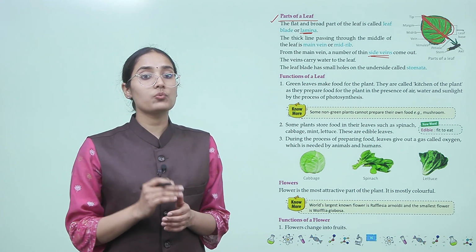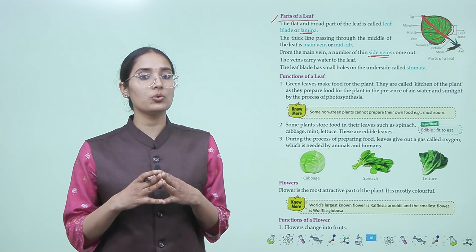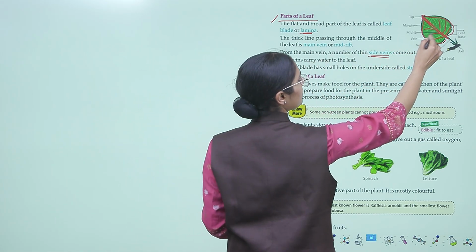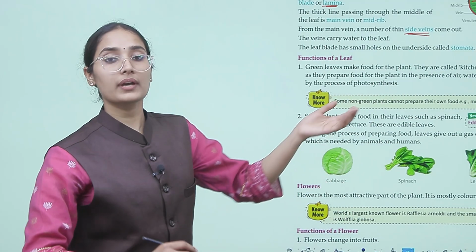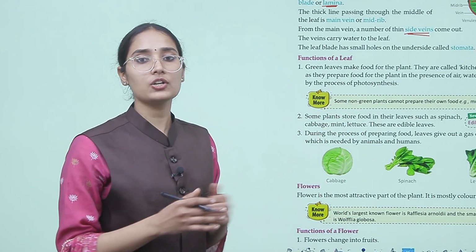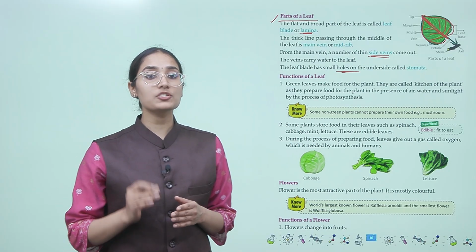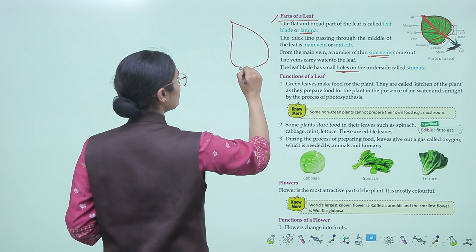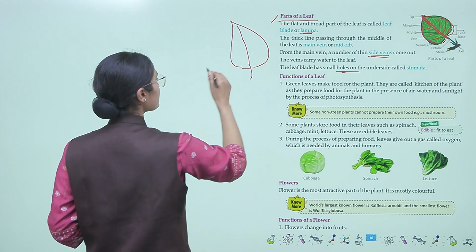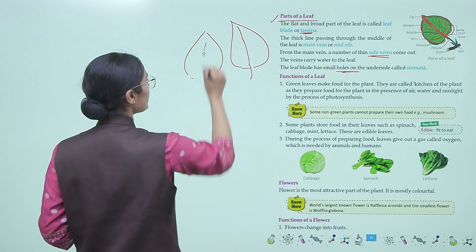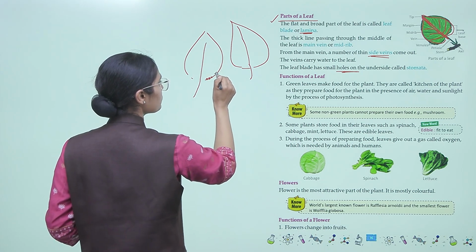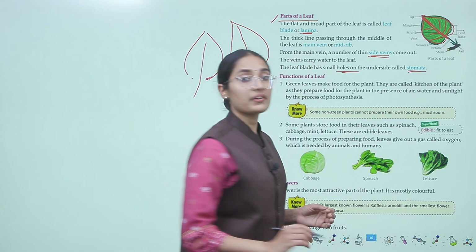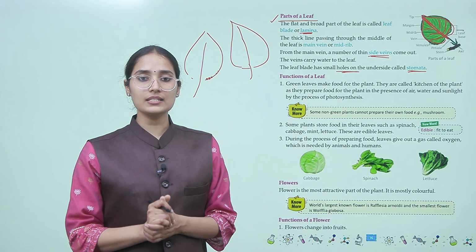Now the veins carry water to the leaf. So these veins help to carry water to all the parts of a leaf. The leaf blade has small holes on the underside called stomata. So when we turn this leaf, okay, the back side of the leaf, right, the back side of the leaf around this leaf blade has very small tiny holes. It's called the stomata. It is not very clearly visible through our naked eyes, but it can be seen,